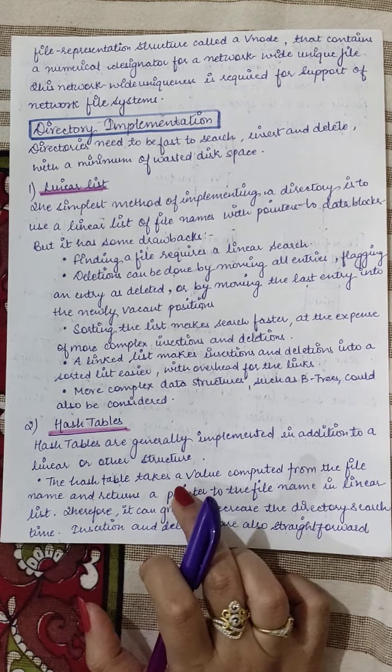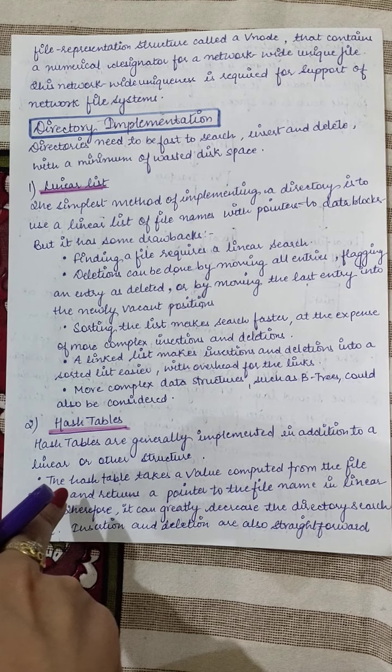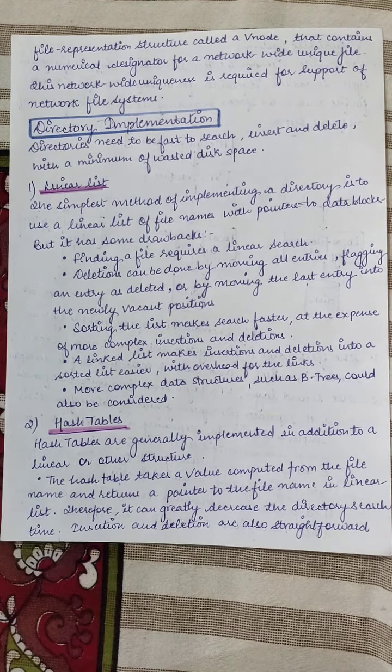The time taken to perform the search operation in the linear list implementation will be reduced in the case of hash table implementation. And insertion and deletions are also very easy and straightforward. But the drawback of the hash table is that there might be chances where two file names map to the same location. If they have the same location, collisions will occur and you will have to avoid those collisions. So there can be other techniques like linear probing or extended searching.